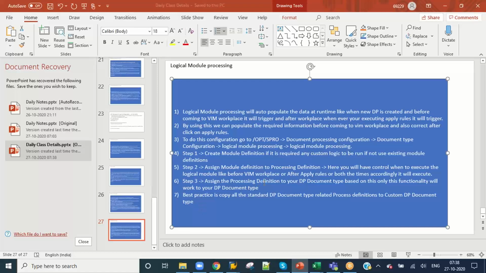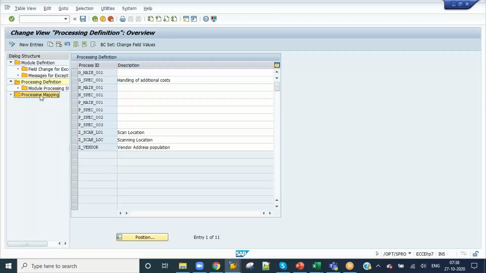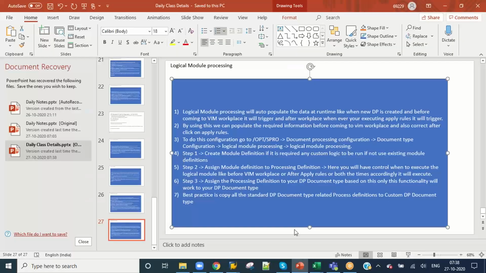Okay, so what I am saying is, whatever you have under standard processing mapping, under processing mapping,